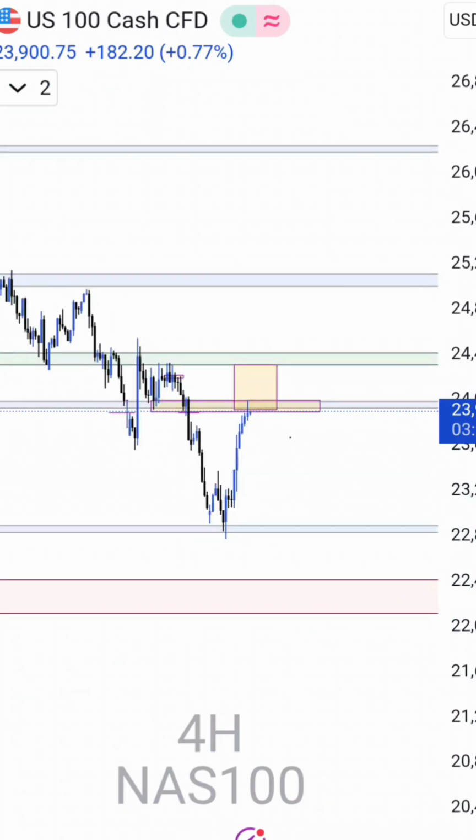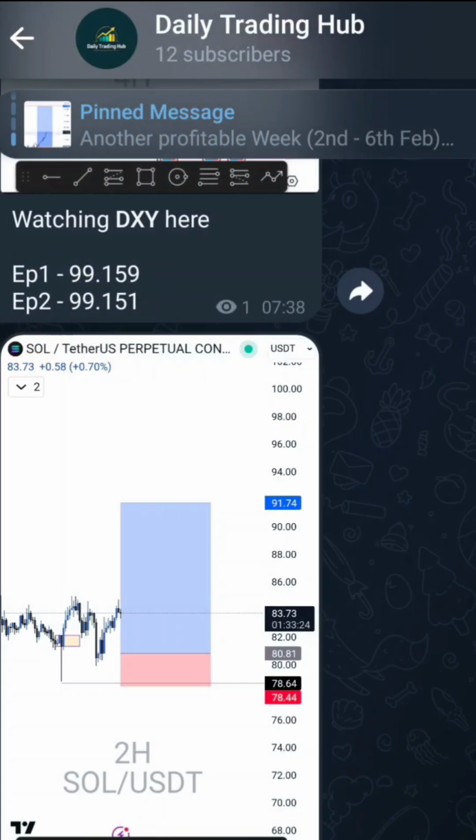So this is my analysis on NASDAQ. I'm looking for selling opportunities. Set up when it's ready, you can join the free